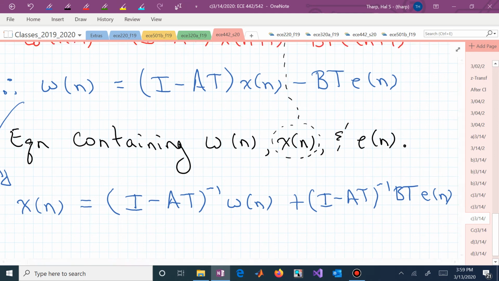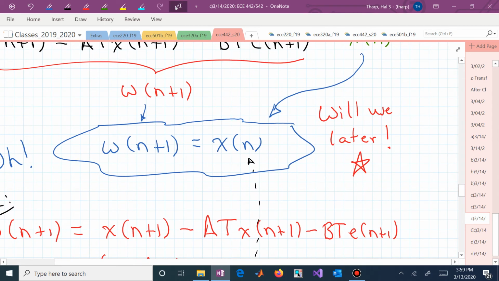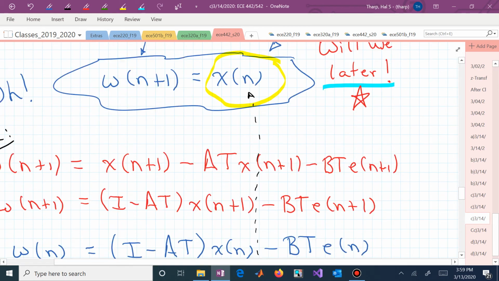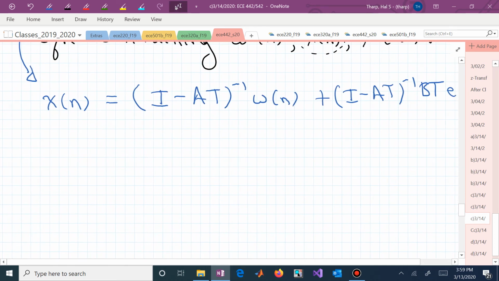Well, we can use that x of n to get rid of that x of n, so that we now have an equation that uses w of n at the present time and e of n at the present time, and that combination generates w of n plus 1. It's now time for this later. Meaning, we now have w of n plus 1 is equal to,